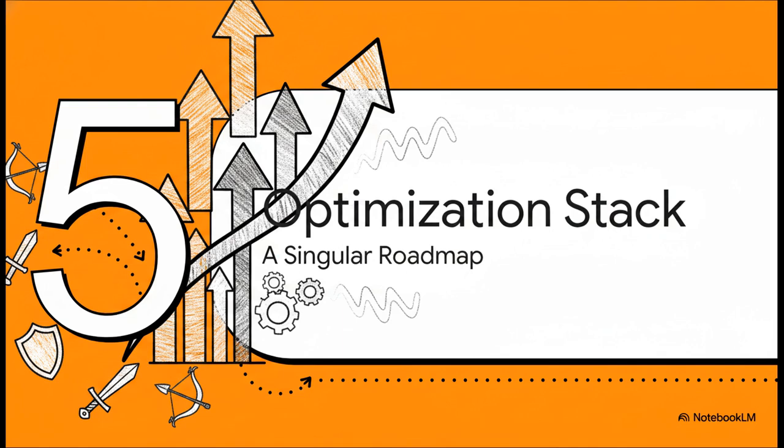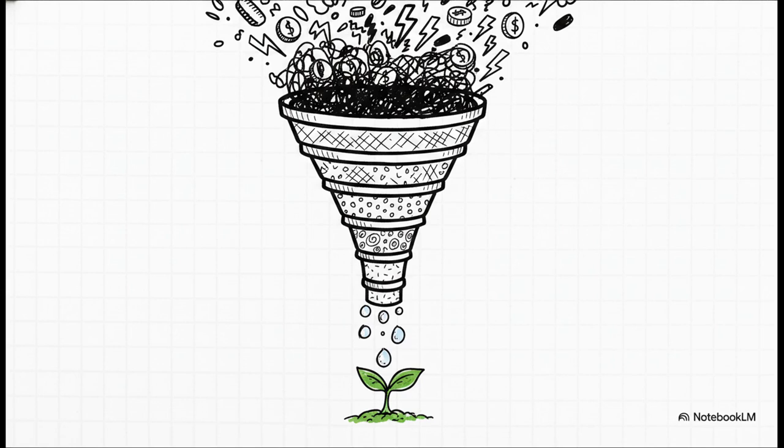Section 5. The Optimization Stack. Let's put this all into a singular roadmap. When you consolidate all these individual weapons and stack these 7 layers in this specific order, magic happens. Each technique compounds on the previous one. First, let the provider cache your heavy system prompts. Then catch the exact repeats. Then catch the semantic paraphrases. For whatever actually slips through, route it to the cheapest capable model. Wrap the whole thing in rate limits, compress prompts where you can, and batch your background tasks.